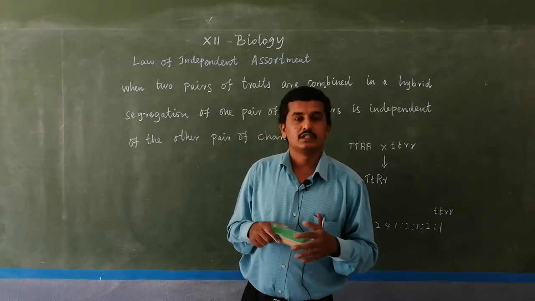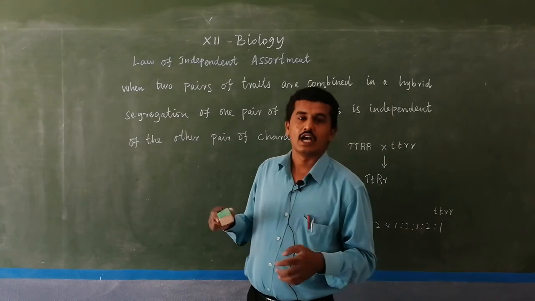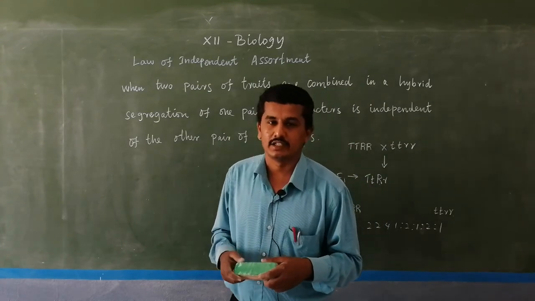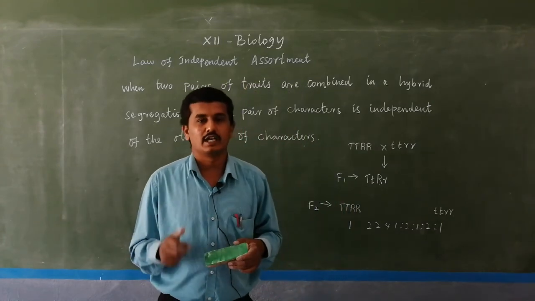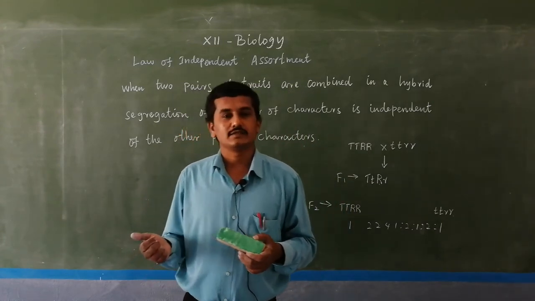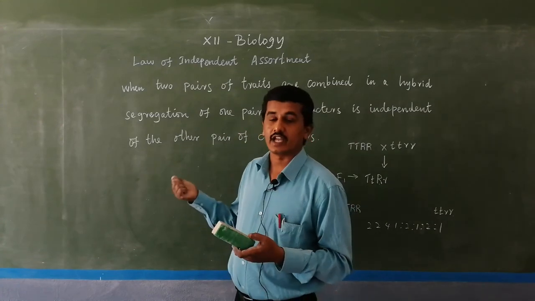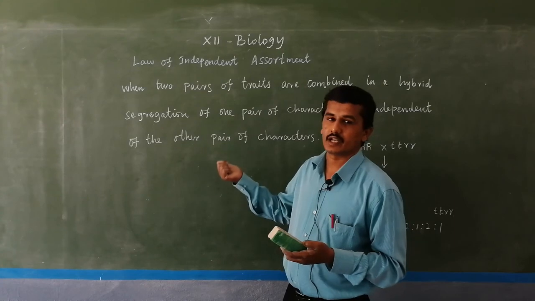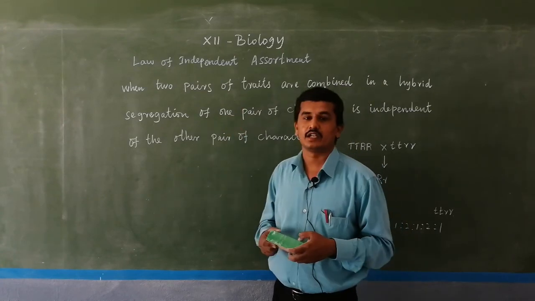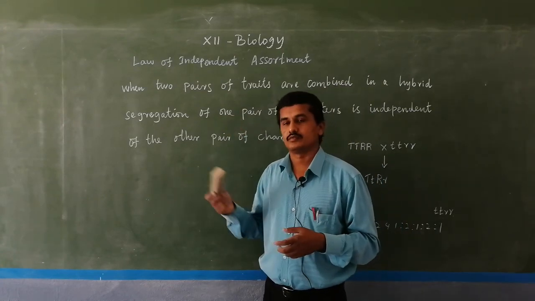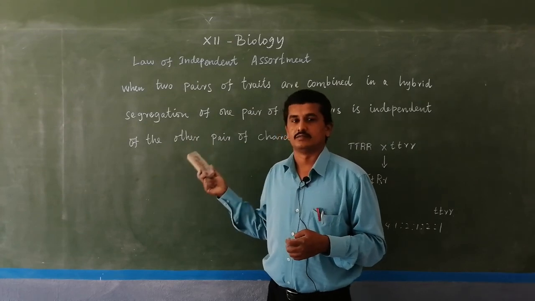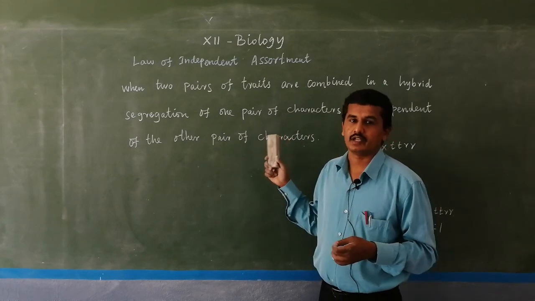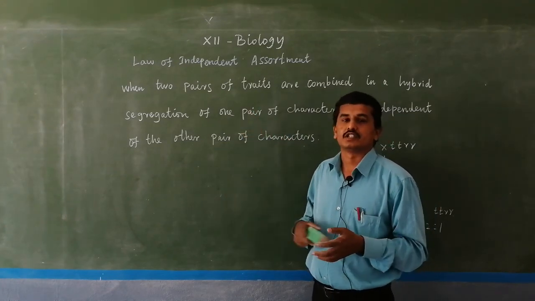Work out the cross between a tall pea plant with round seeds and a dwarf pea plant with wrinkled seeds, and show the phenotypic and genotypic ratio of the F1 and F2 generations, and state the law and explain the law. Explaining the law means nothing but the law of independent assortment. Put all the crosses from parents to F1 and F2 with the phenotypic and genotypic ratios, and afterwards you mention the particular